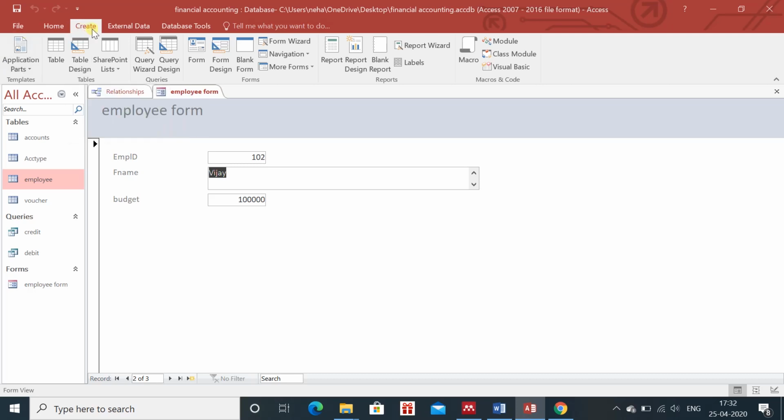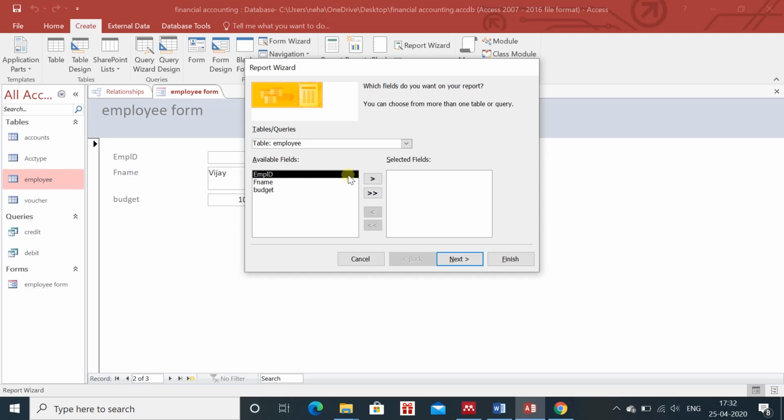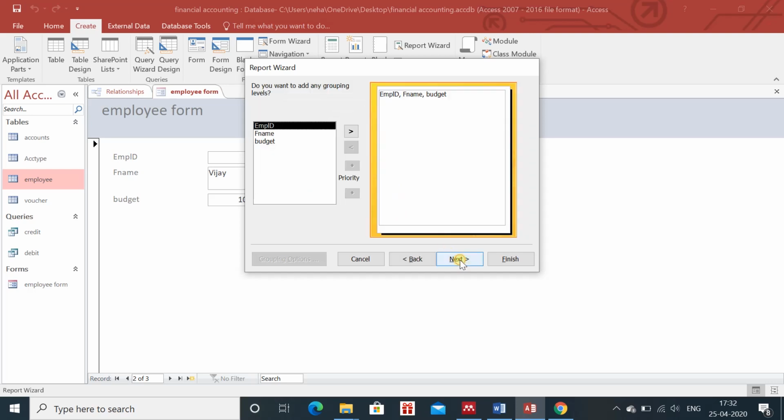In case of reports, we have to go to create, then report wizard. In this case also it's very simple. Enter all the values we have entered here also, then just click. Here we have the option of grouping also, which is not applicable in this case. That will be applicable in the last question which we discussed related to the employee. If I find some time, I will make a separate video for this grouping option. Right now I'm not doing it in detail.